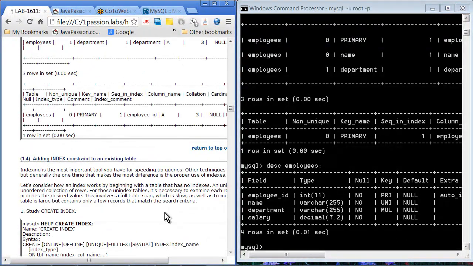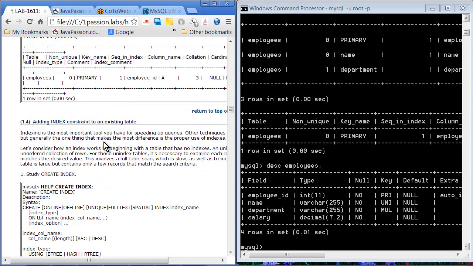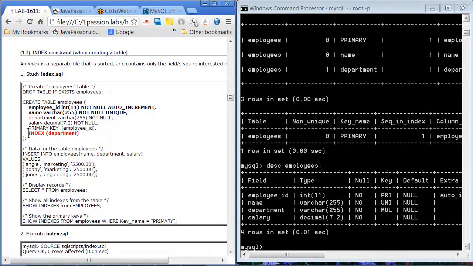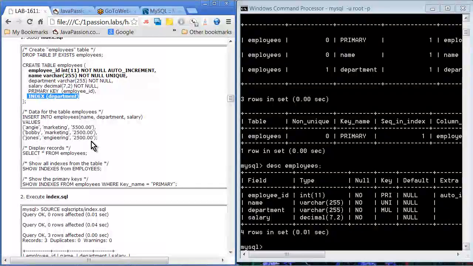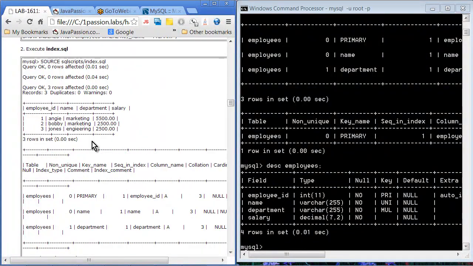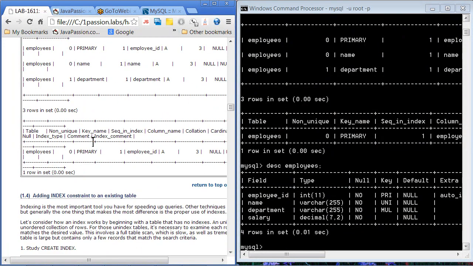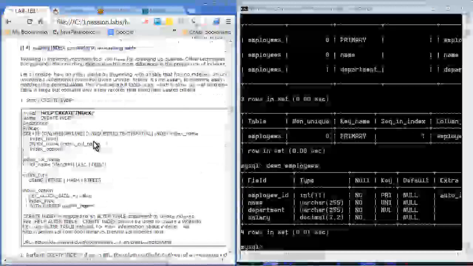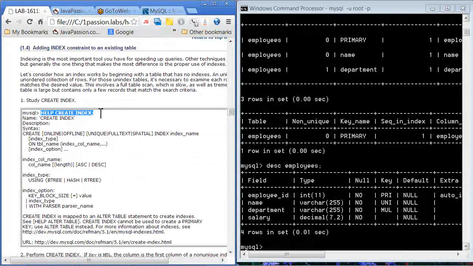All right. Now on the 4, we are going to add index to existing tables. What we have seen here is that we are actually creating a table indicating a particular field has to be indexed. Now, if you have a bunch of index tables and you are performing some query operation including some columns, and if those columns are not indexed, then you can add index constraints to those columns to have a better performance. So you can obviously see create index,